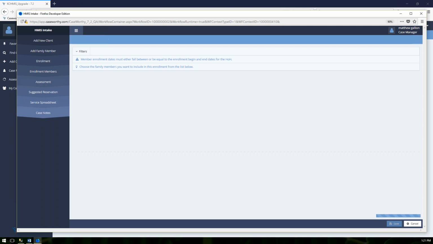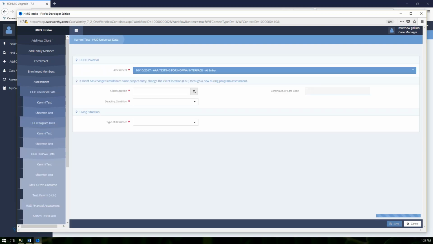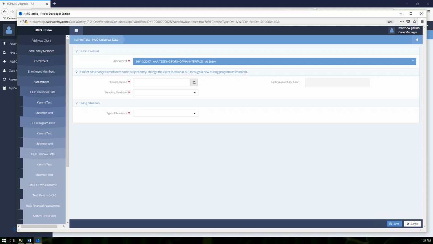There is a single HMIS intake workflow in your database. But there are a number of programs within HMIS that ask various questions about individuals who are being enrolled based on the program itself. We can facilitate this in Caseworthy by using what is called an assessment step. The assessment step on the menu until you get to it in the workflow on the navigation side just is